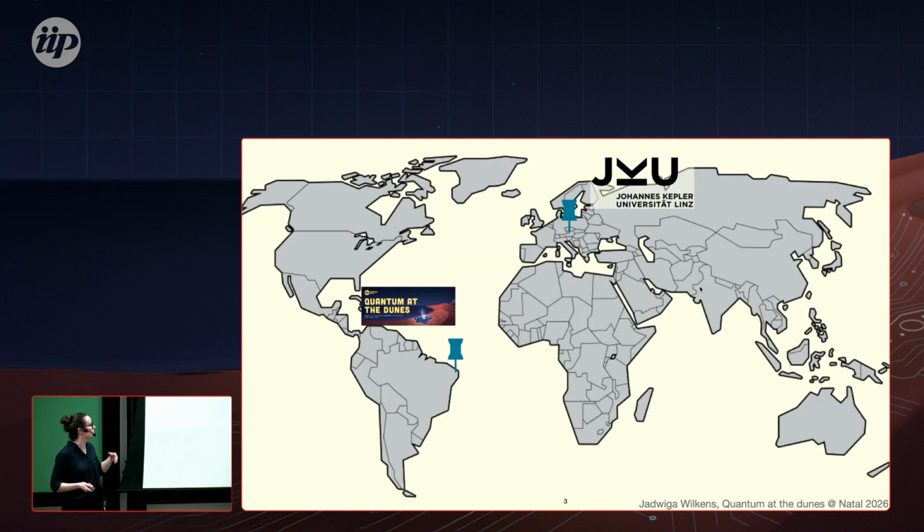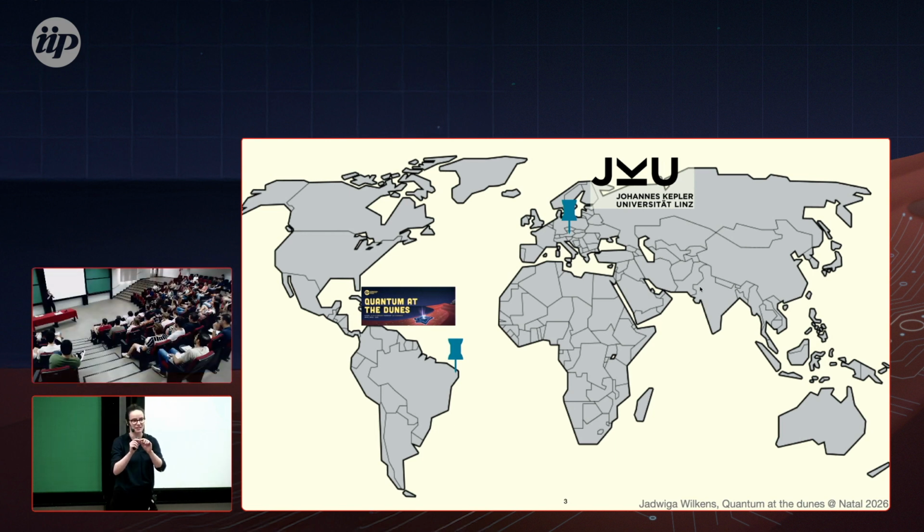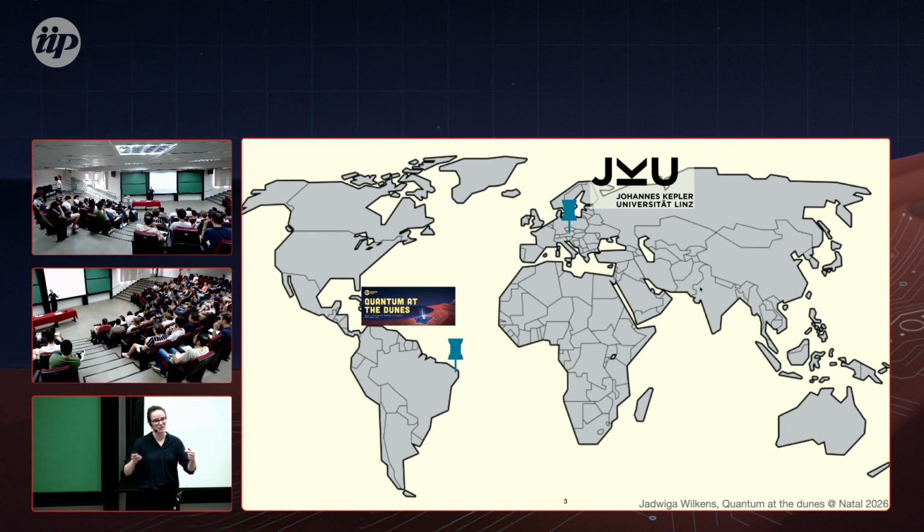All right, so for everybody who doesn't know, where is Linz? This is the world map, and we are right now here in Natal, and Linz is up there, a little bit in the middle of Austria. It's between Vienna and Munich. You're also very quickly in Prague and in Zurich. It's not a big city, but it's a very nice city. And normally when you take the train in Europe, you will probably go through Linz. So if you just step out of the train and visit us, that would be amazing.